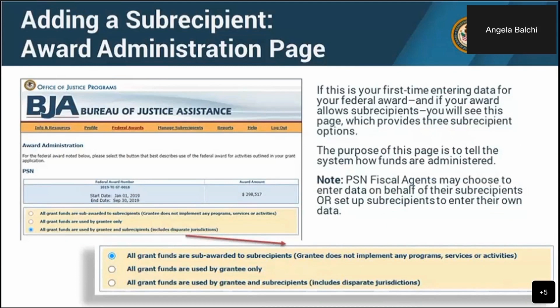In the first option, if only the subrecipient uses the grant dollars, then they will be the only ones reporting in the PMT for this award. Note that even if the prime grantee selects this option, where all grantee funds are subawarded to subrecipients, the prime recipient is still responsible for reporting semi-annual narrative questions.